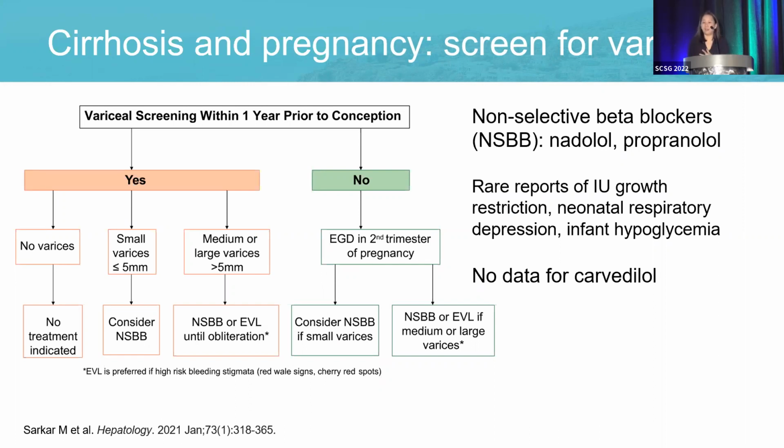If they don't have varices, you can repeat the EGD in the second trimester of pregnancy. If there are small varices, you can consider a beta blocker. If they're large or medium, you want to do banding or beta blocker. If they have varices before, then it's like the standard guidelines for all our patients. No treatment if there's no varices, beta blocker if they're small, and of course banding till obliteration or beta blockers